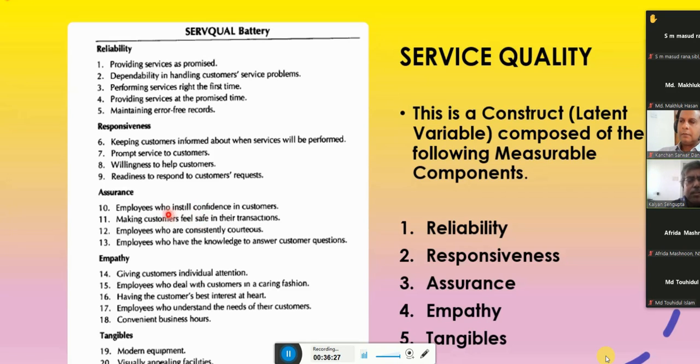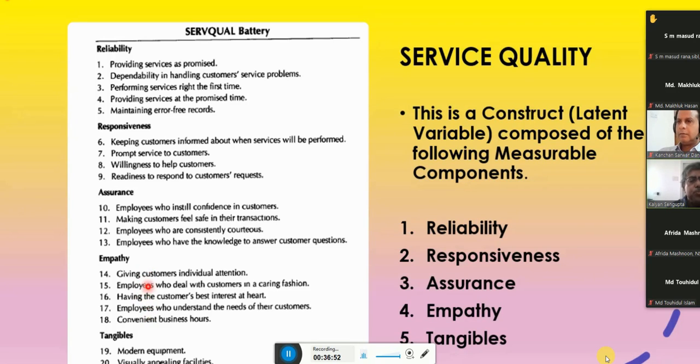And this is a big part, I feel, for the bank, that you have to assure your clients that their money is safe. Employees are consistently courteous.